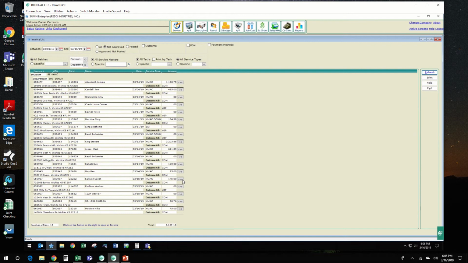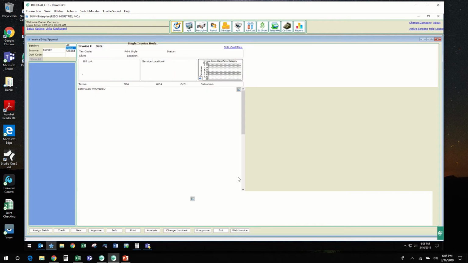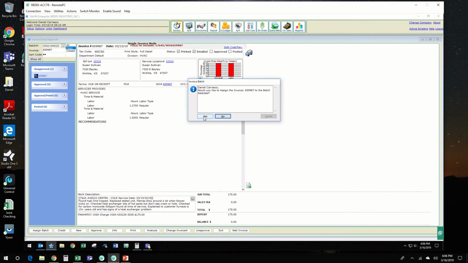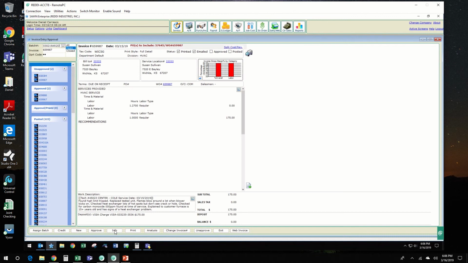This is where it gets a little bit different from the invoices that we do for plumbing or any of the other divisions. So I'm going to go to this ticket here. So again, first thing you do is put that in your batch, hit tab, and yes, I am going to assign that to this batch. We go to the info,